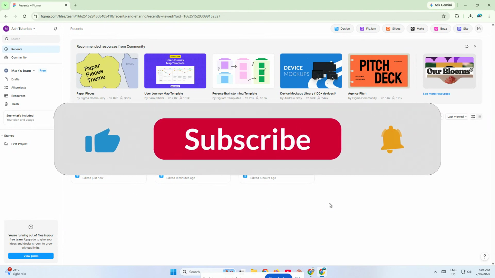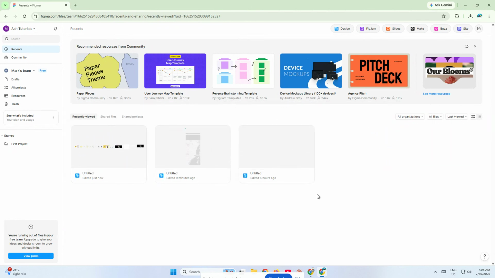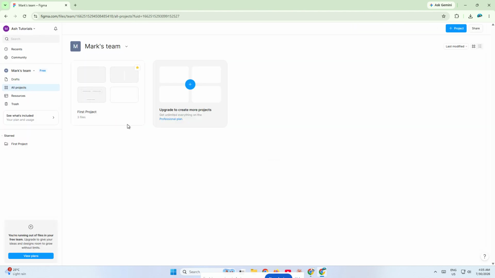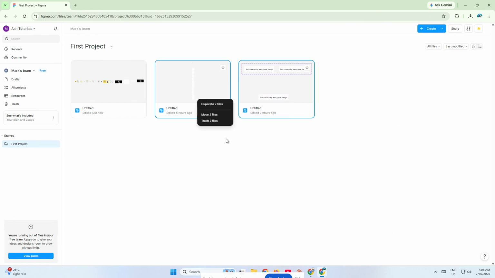Let's jump right in. First, open Figma in your web browser or launch the desktop app. Once you're inside Figma, you'll land on your dashboard, where you can access your recent files, drafts, and team projects. If you want the file to stay private or you're just testing things out, go to your drafts area. If you want the file to belong to a shared workspace, choose the specific team project where you want it to live. This is important because it determines where your imported file will be stored and who can access it